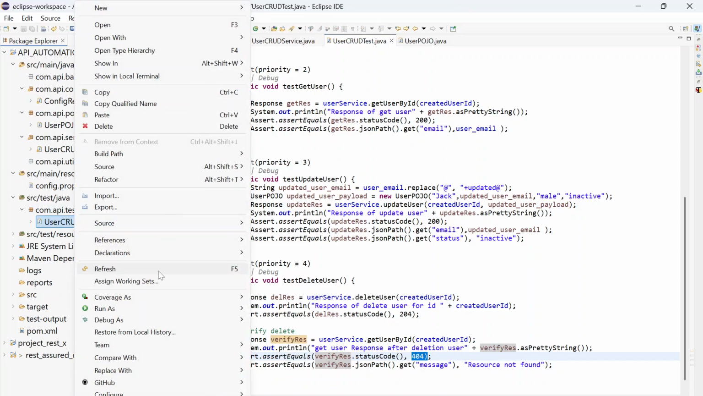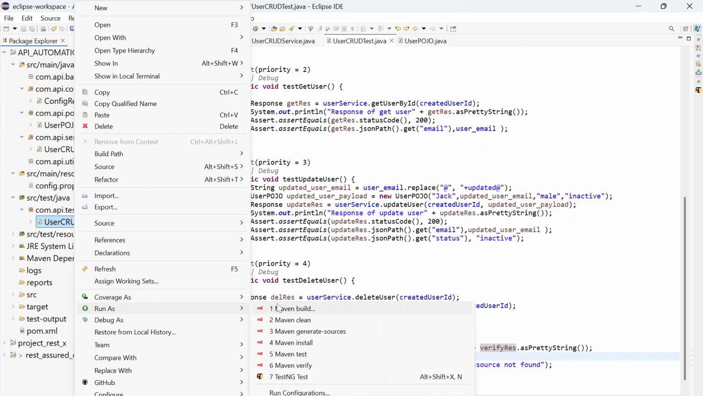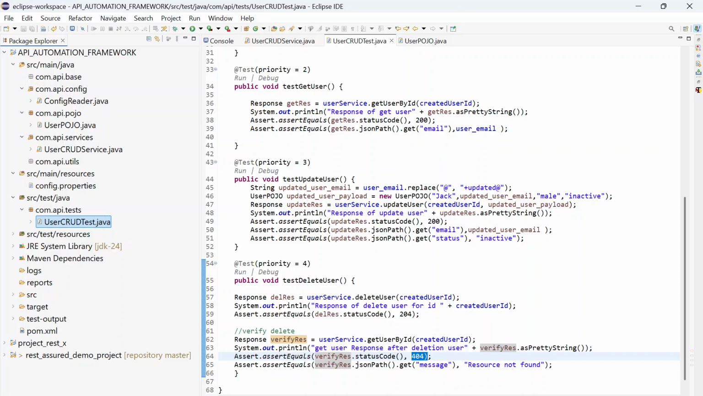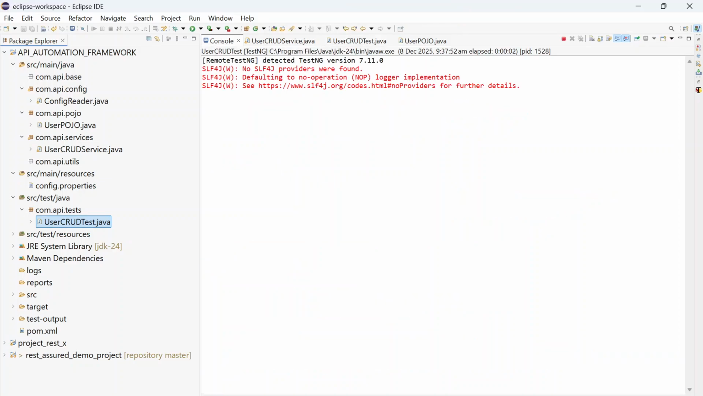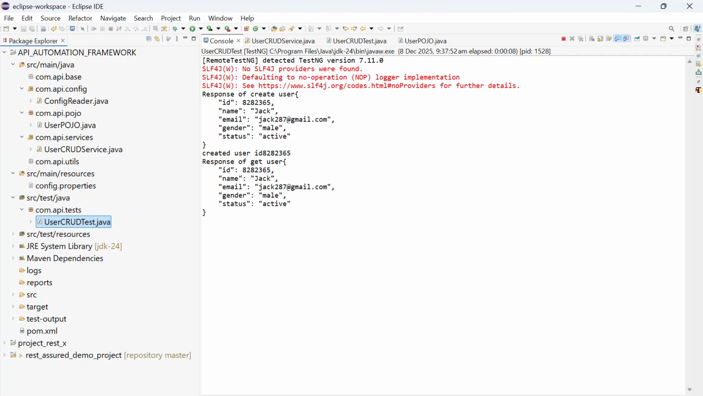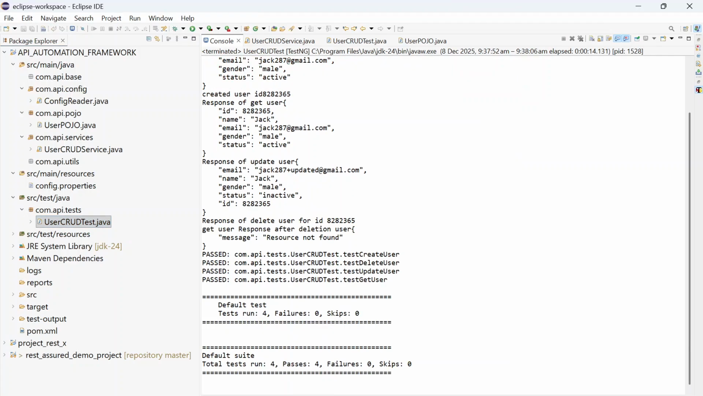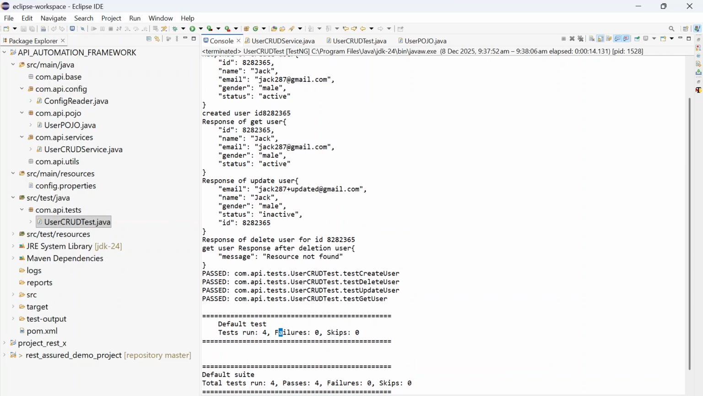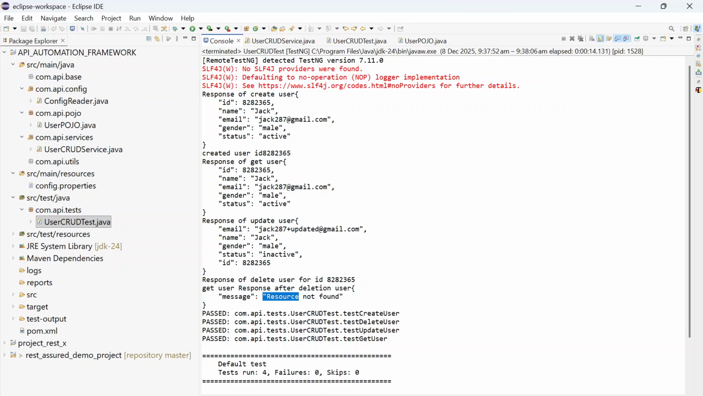For every iteration it will create a new email id, so that again a new email id will be created. It will perform the get operation, it will perform the update operation, and it will perform the delete operation. All the 4 test cases are successfully executed now. If you see, all the 4 test cases passed, and this is the response of the last one after deletion: resource not found. So this is how we can create